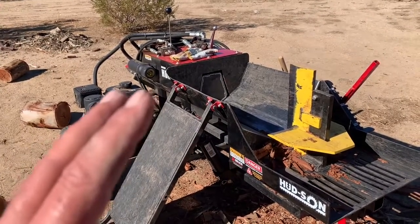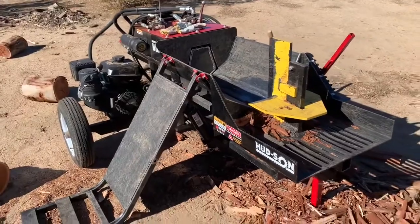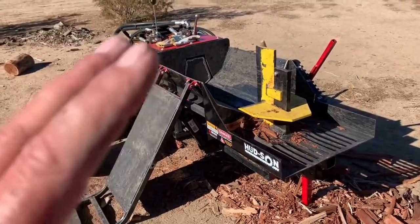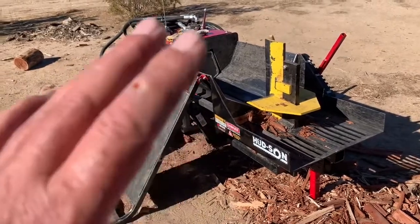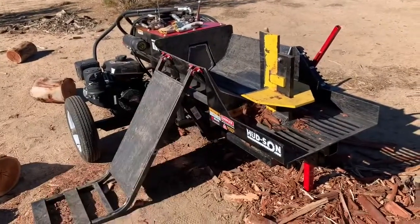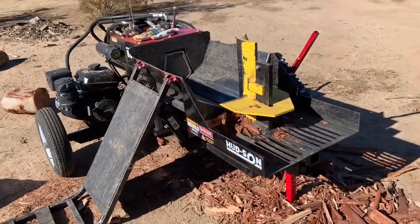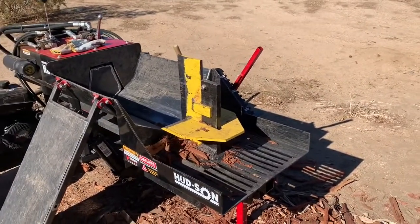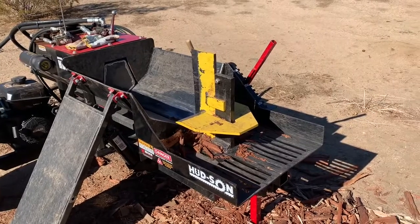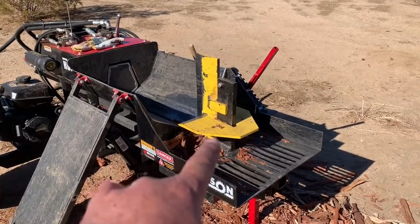Everything that it has is comparable to the other commercial machines that I looked at. So in this class of a splitter, this was the most affordable one. It has the 4-way wedge. It's self-adjustable. Doesn't come with a hydraulic lift, but that's no big deal as long as you keep that thing